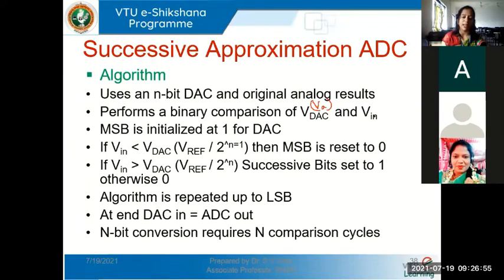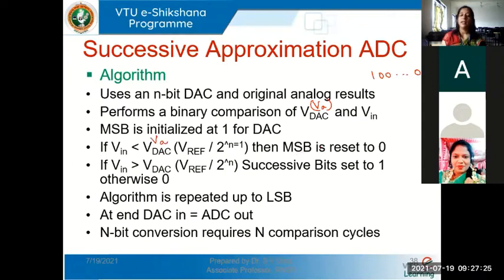The output of the DAC is compared with the input analog voltage Vin, and the MSB is initialized at 1 for the DAC first. As I told you, the most significant bit is made 1 and all the other bits are made 0 initially. And now in the comparator, if the input voltage is less than the DAC voltage VA,